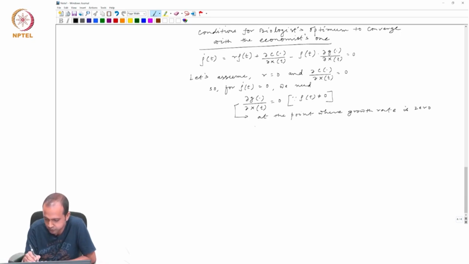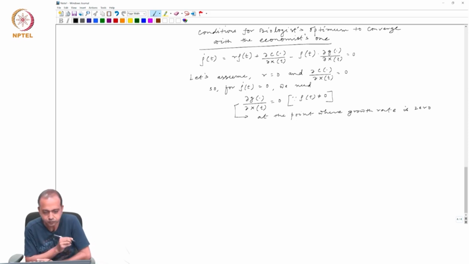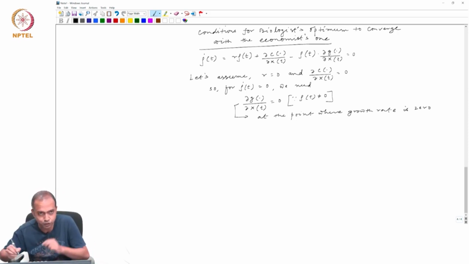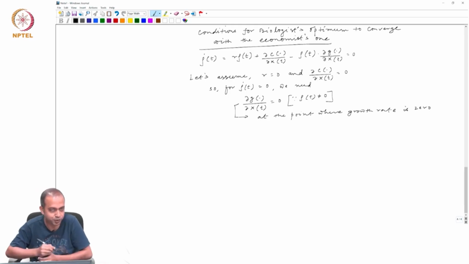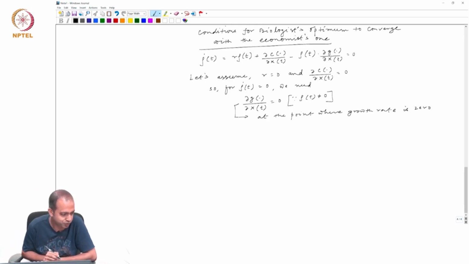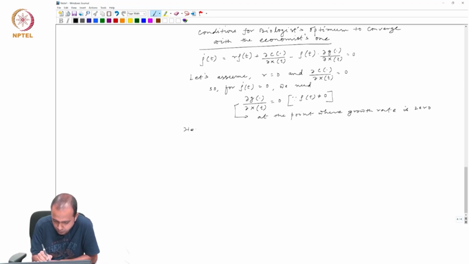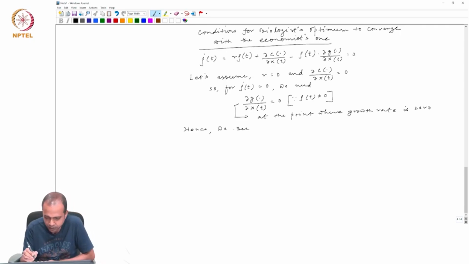So, that means this is the point where the peak of the growth locus is happening. And if we have the peak of the growth locus, then only economist optimum is converging to biologist optimum. Hence we see that